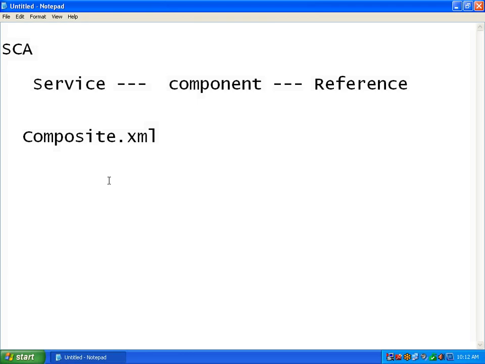Right. So as we discussed, the service is the incoming, reference is the outgoing. So if the components want to talk to the outside world, the component has to go through the reference. There is no other way. Okay? And in similar fashion, if the outside world wants to talk to a component, they have to come through